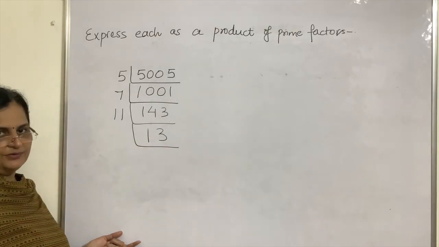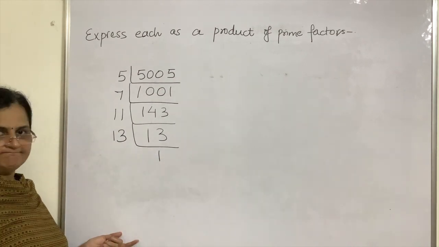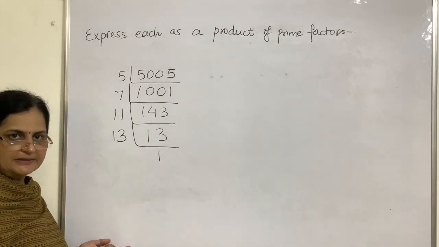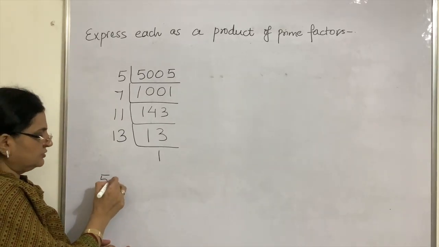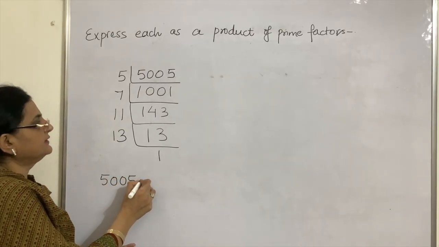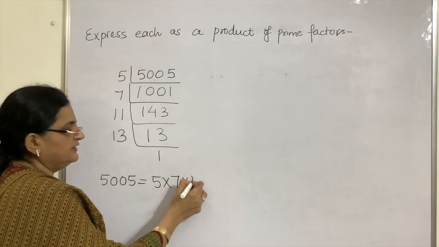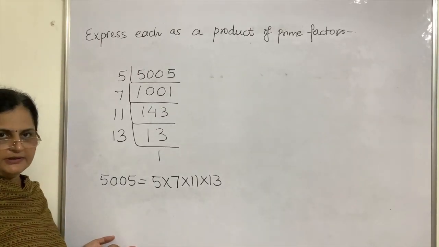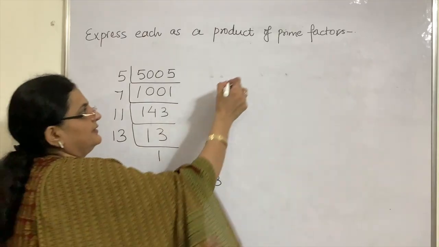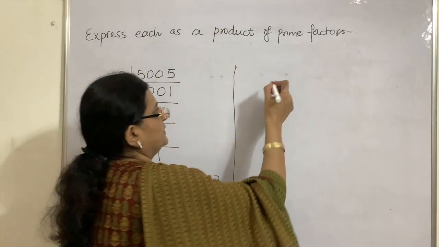Now 13, you very well know that this is a prime number, so not divisible by any number except itself. So I write down the factors as 5 into 7 into 11 into 13. Easy? Very, very easy. Then the next question is